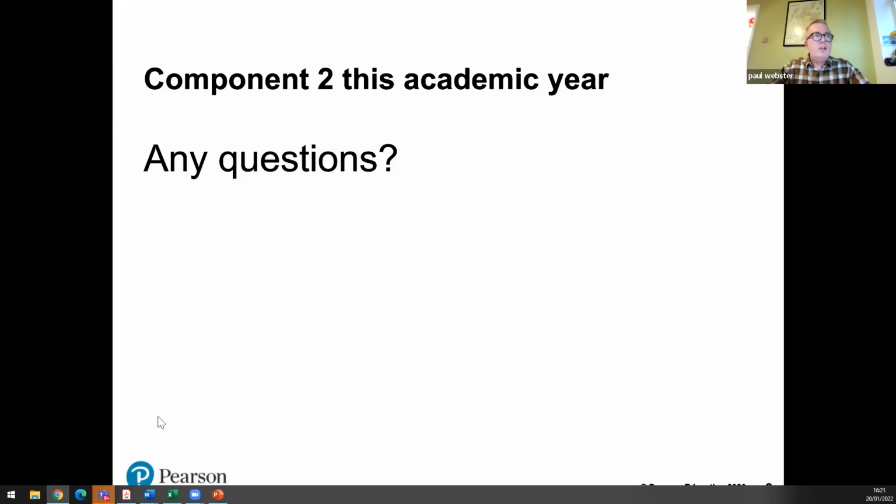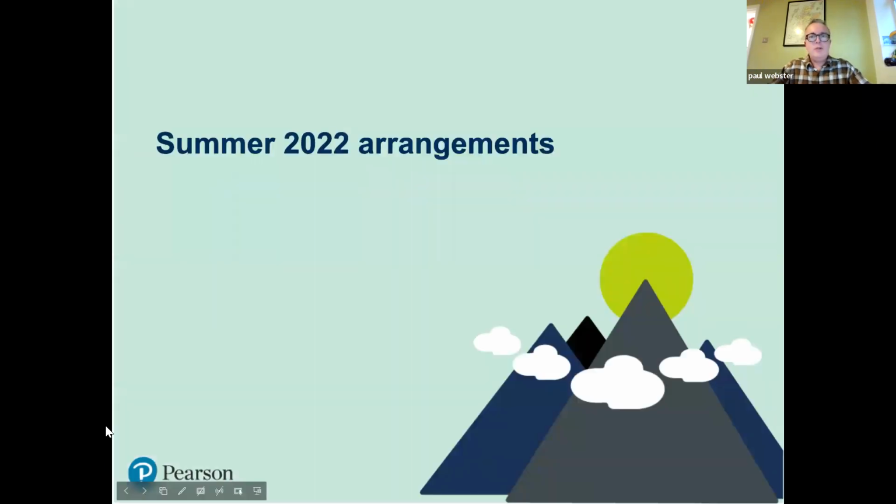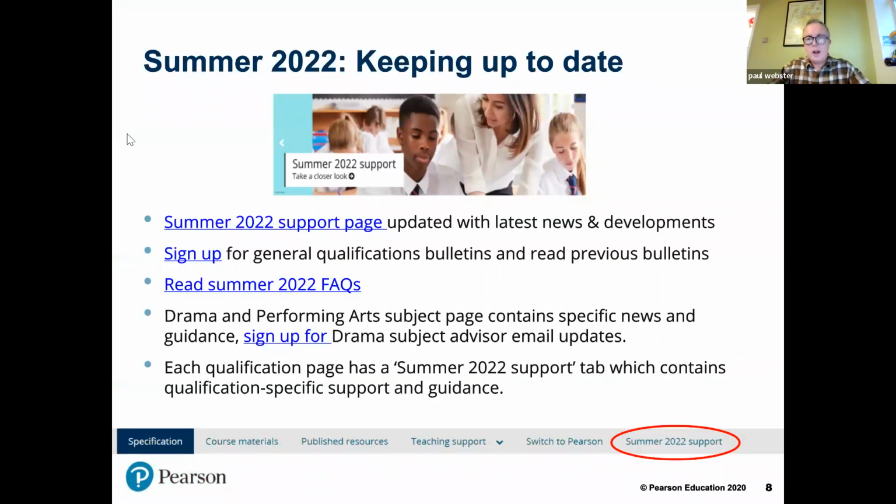So unless there are any more questions, we will move on to look at the summer arrangements in terms of what's happening with component 3. There's various bits of guidance on our website that you can refer to, and once this event has completed, you'll get a copy of these slides, so you'll be able to access them, because the links are clickable on the slides.